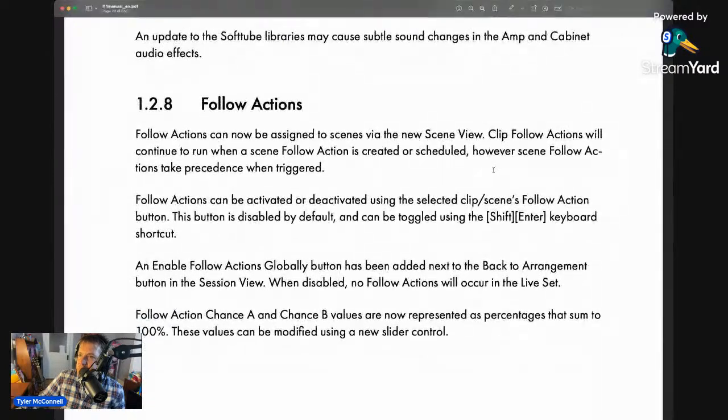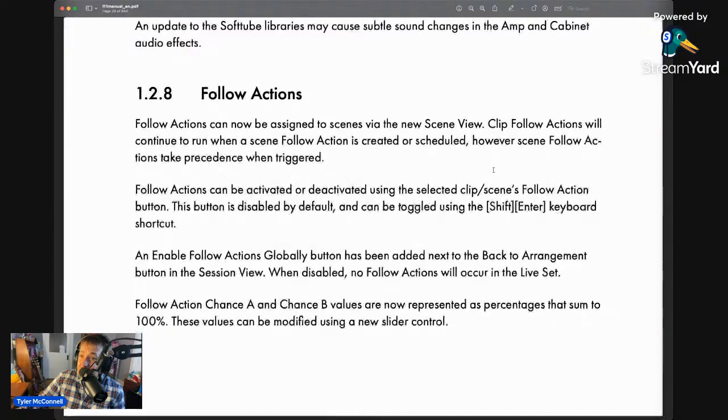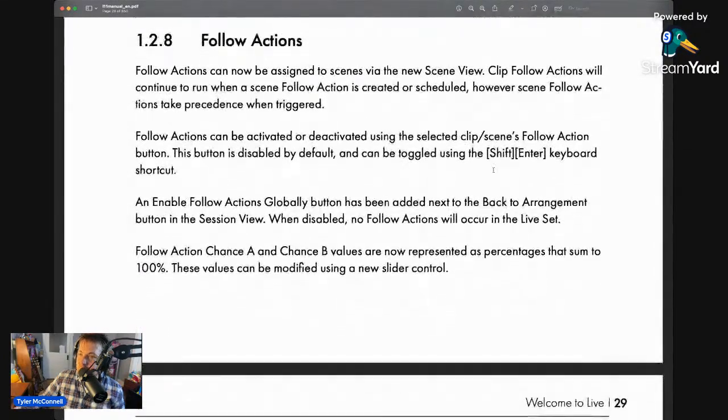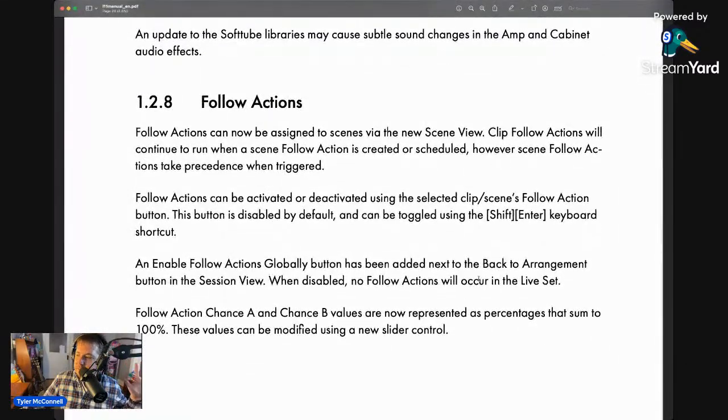An update to the Softtube libraries may cause subtle sound changes in the amp and cabinet audio effects. A brief aside here, Softtube library, I got those free plugins, Softtube, with my UA Volt, and